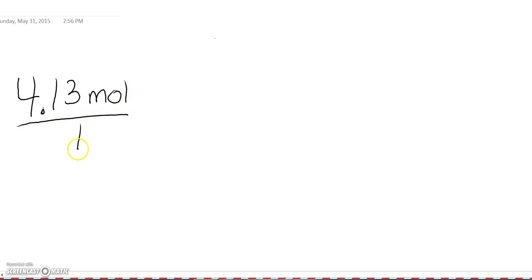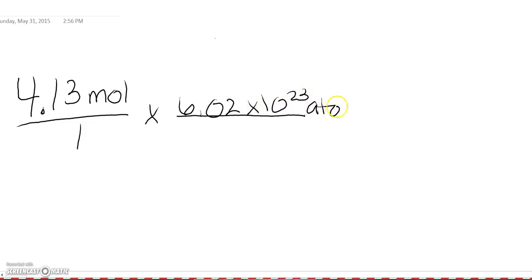So we said we're given 4.13 moles of a substance. This is what we start out with. Just pretend that's over 1. If you want to write out over 1, that's fine as well. We want to go from moles to atoms. We're going to multiply this by our conversion factor of 6.02 times 10 to the 23rd atoms over 1 mole. We want the mole unit on the bottom, so we can cross out that unit because we want to wind up with